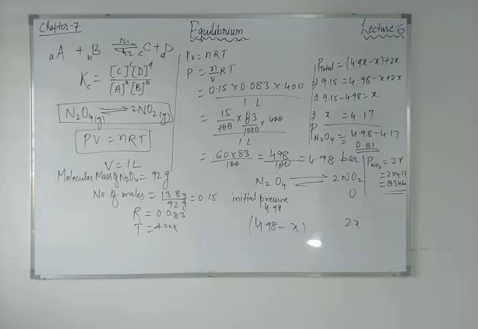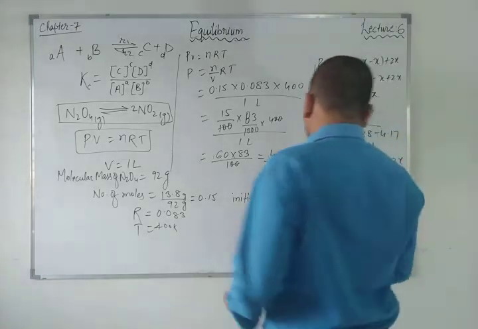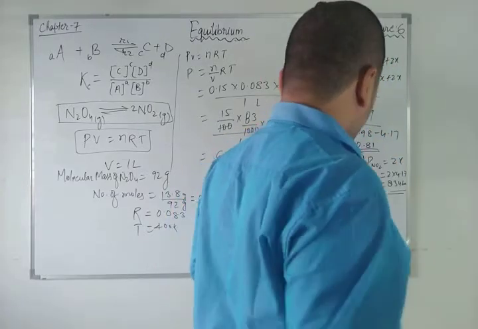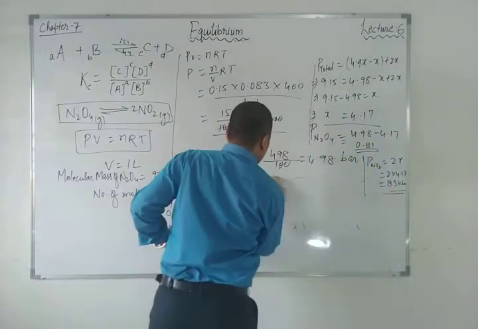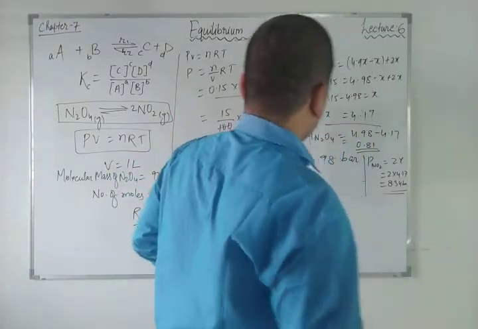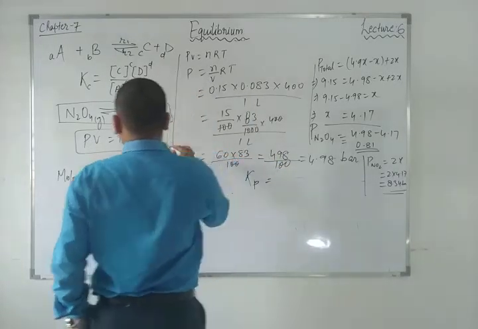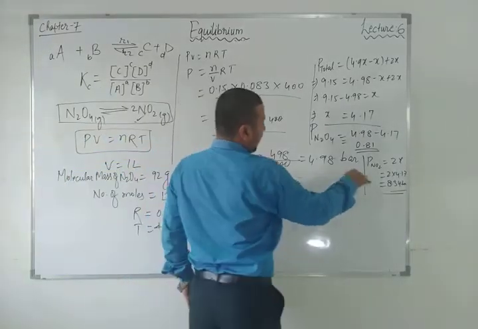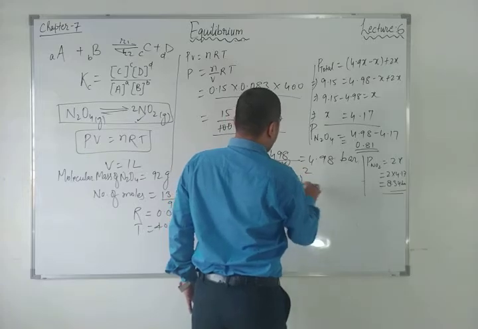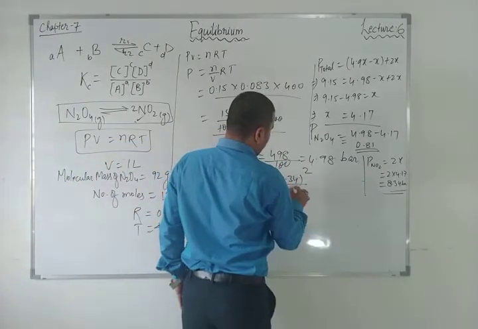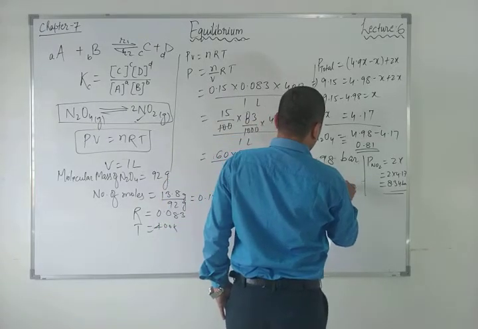Kp and Kc. First of all, how will we calculate the pressure constant? Pressure constant is equal to pressure of product upon pressure of reactant. So let us calculate the pressure constant. Kp is equal to the pressure of product, here 8.34 to the power 2, upon the reactant N2O4, 0.81, means 8.34 into 8.34